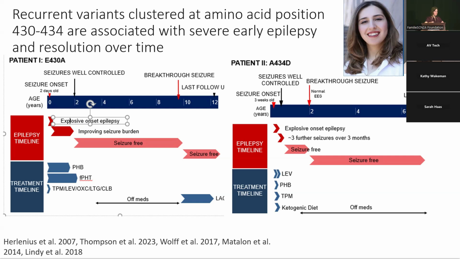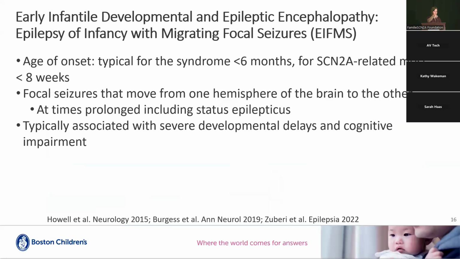So one question is, what is the difference? Is there something different about this little cluster or region of the protein? In Ted Cummins' functional studies, it looked like they didn't have an impact on the persistent current, which is kind of like a leaky valve after the initial sodium channel burst. There's the initial activation, and then there's the persistent current. And these didn't seem to have impact on that. So is that a factor? We don't know yet, but there are some similar patients in the literature, and it looks like it's potentially a pattern. And there may be others. We need more genotype-phenotype correlations so that we can help families predict better and also target who's going to be best candidates for different treatment approaches as we have precision therapies coming.